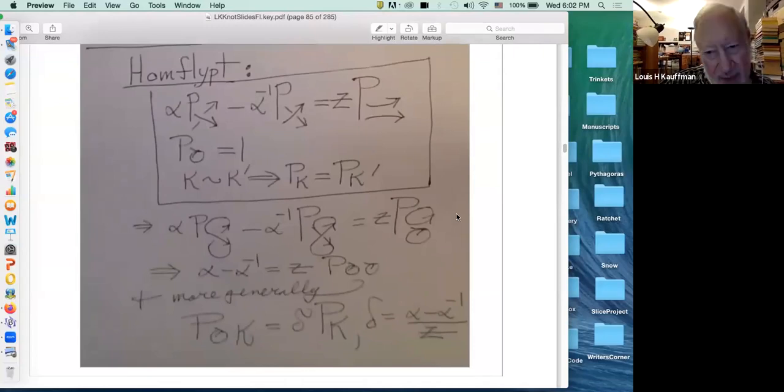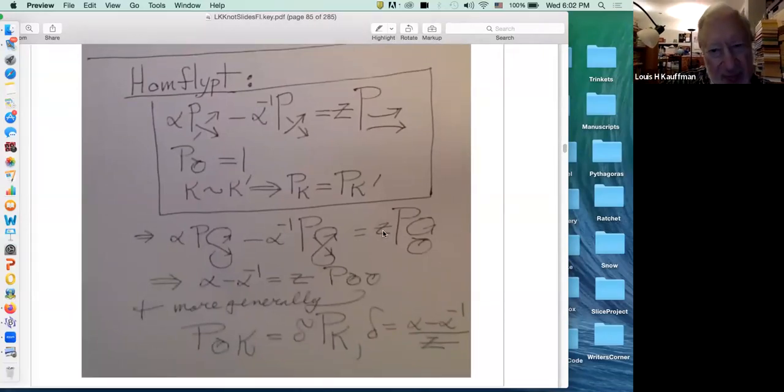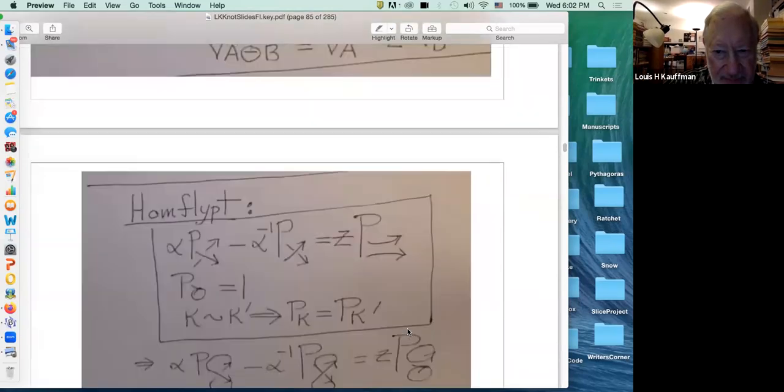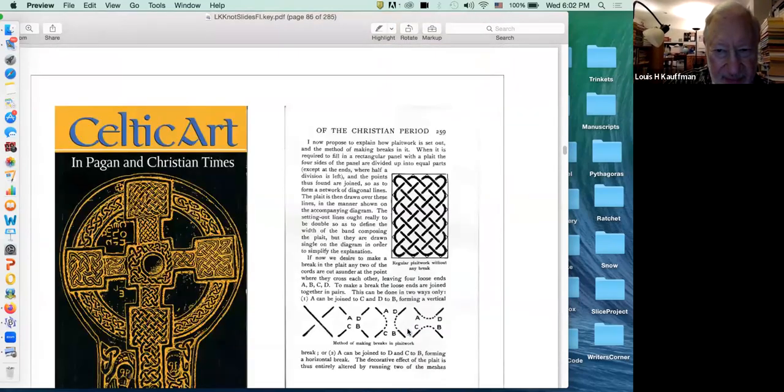Let's remind you of this because it provides such good exercises in case you wish to use the simple axiomatic for the Homfly polynomial with two variables and try it out on various knots and links and see what you get, and show that you can distinguish many things from their mirror images. So I remind you of that. And then I remind you of